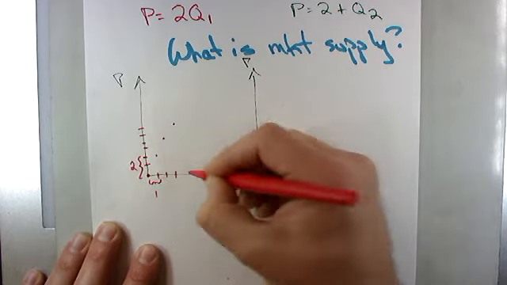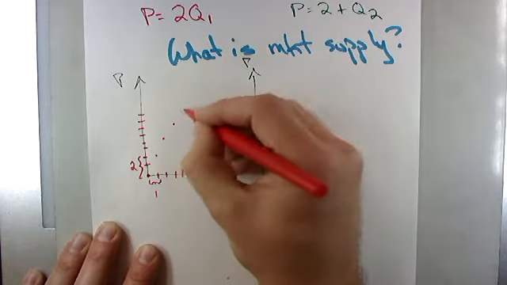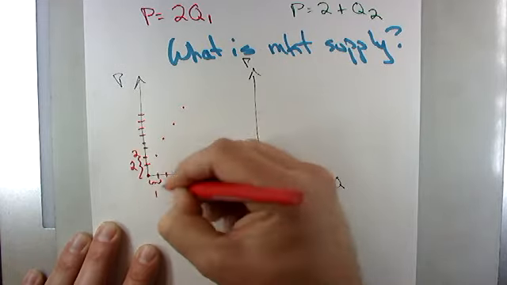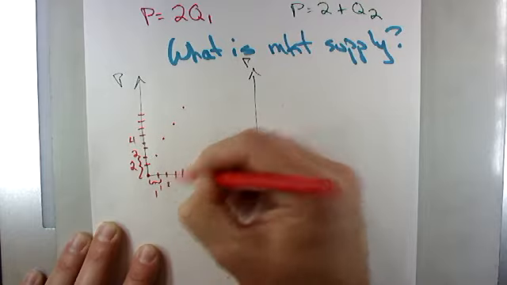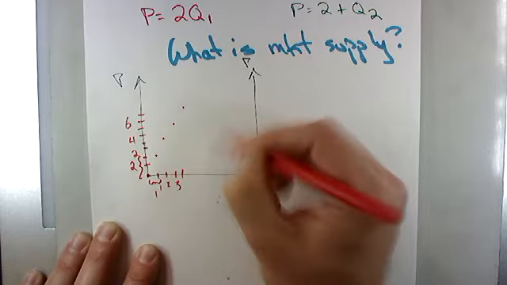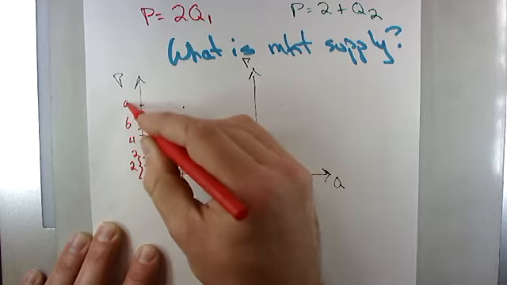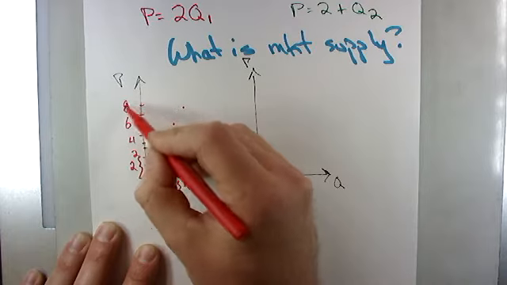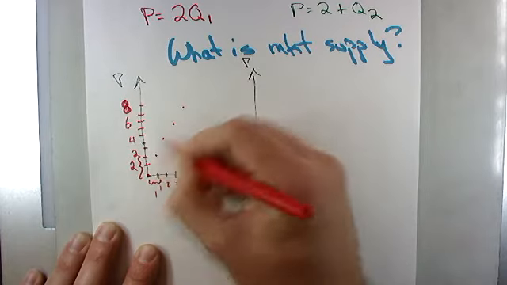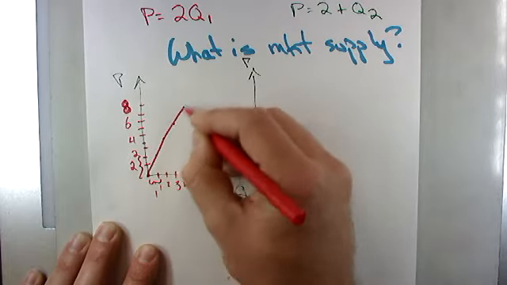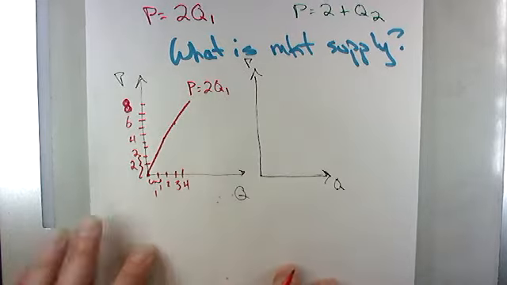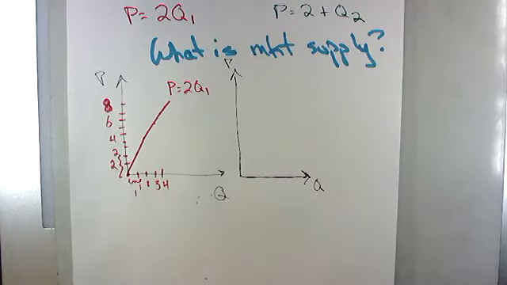So hopefully there's no questions there. Just a couple points: this is 2, 1, this is 4, 2, this is 6, 3, this is 4, oh wait, 8. I can count. All right, so that is our P equals 2Q1. That's the supply curve for our first firm. And then